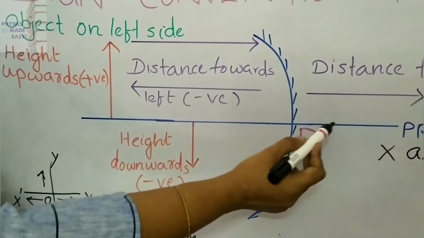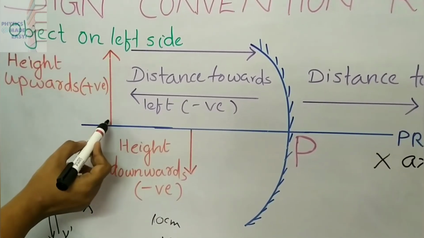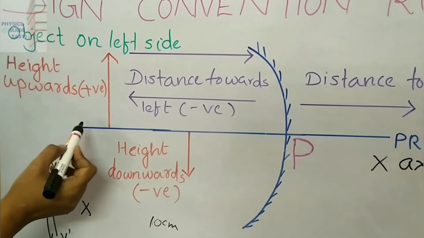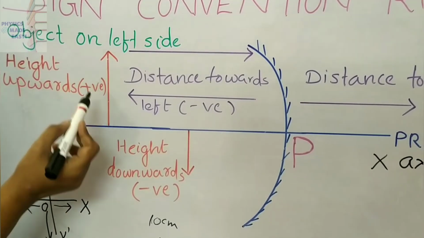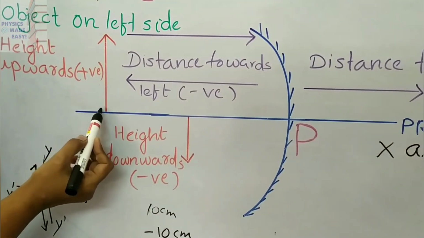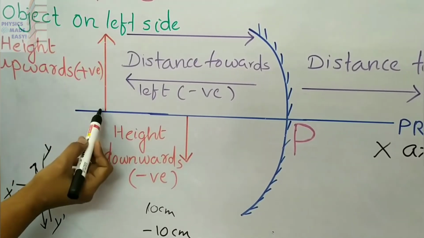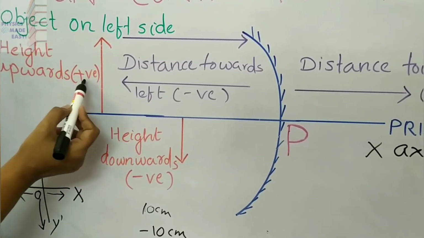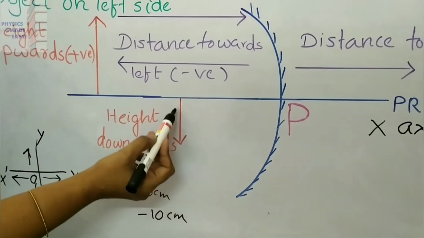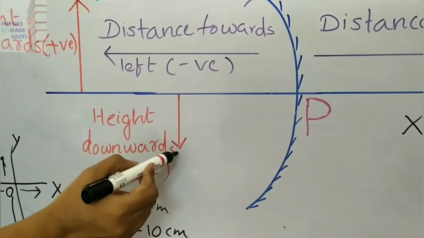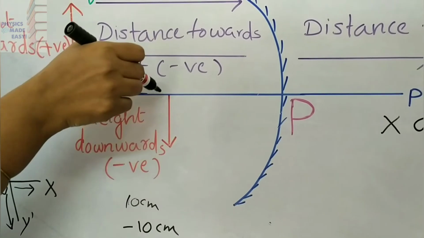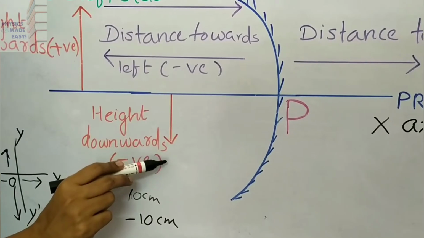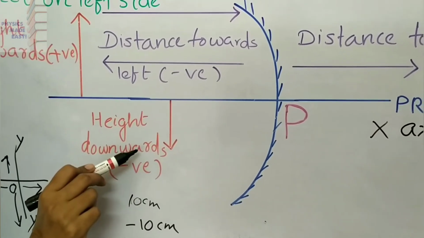Like that, from the x-axis you can see the object is placed on the principal axis, perpendicular to the direction of the principal axis. You have to measure the height from the principal axis in the upward direction. So from here in the upward direction you measure, and all these heights you take as positive. Then coming here you can see one image. Here one downward arrow shows the downward direction. So you measure from the principal axis in the downward direction, and all these values you take as negative.